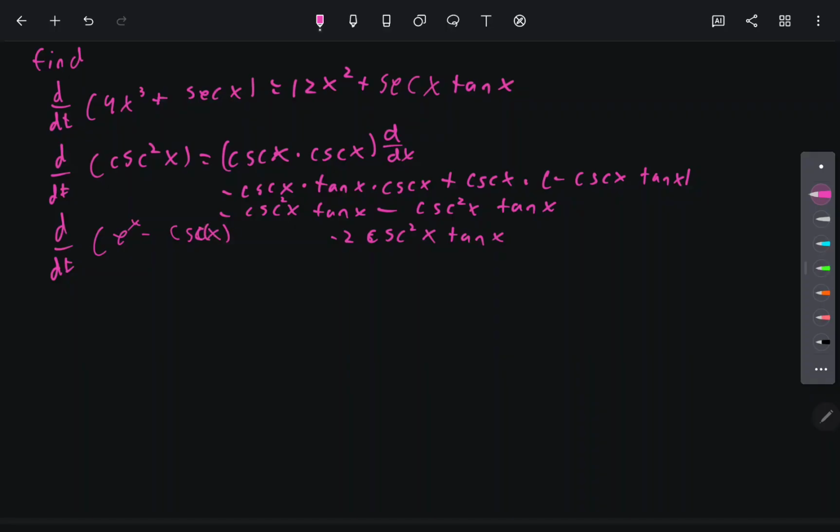This last one, we're taking the derivative with respect... Oh, I just realized I technically wrote the wrong notation for all of these. All of these should be with respect to x. Alright, so e, which was what that was supposed to be, e to the x. The derivative of e to the x is e to the x, minus the derivative of cosecant, that's going to be plus cotangent